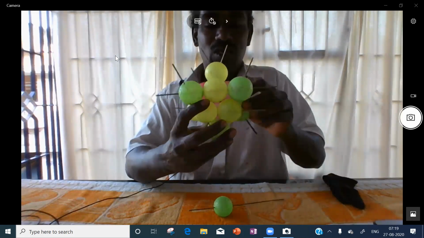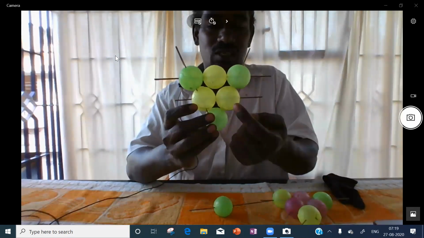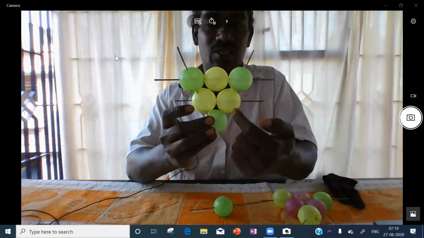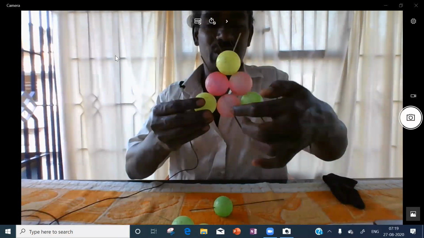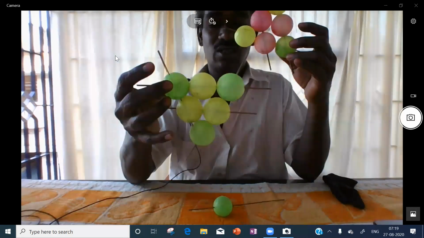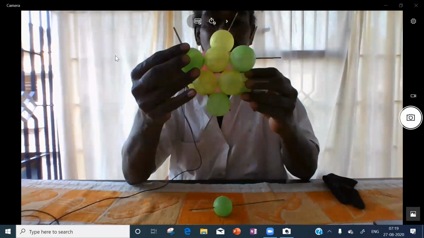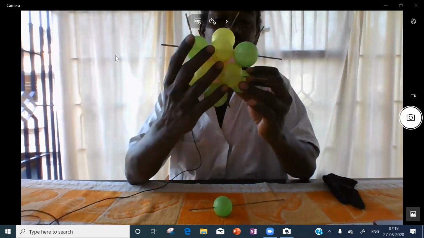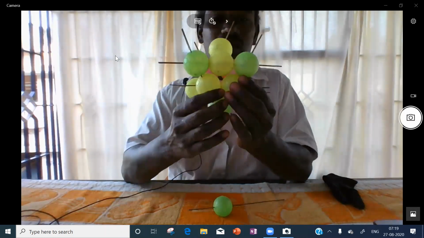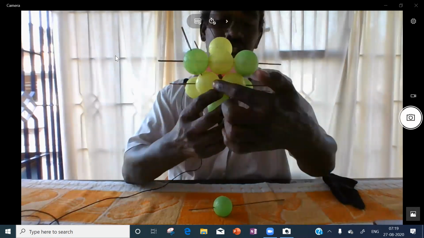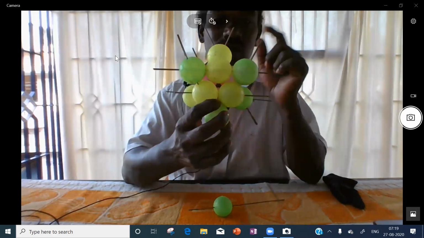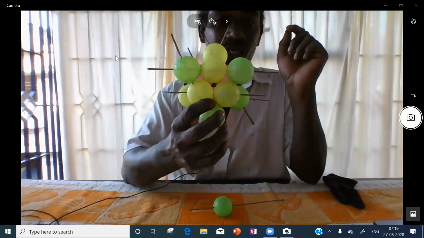Now see, you consider these three yellowish green, then these three pink. Pink triangle, yellowish green triangle. Keep one over another. If you join three yellowish green and three pink, you are getting an octahedron.